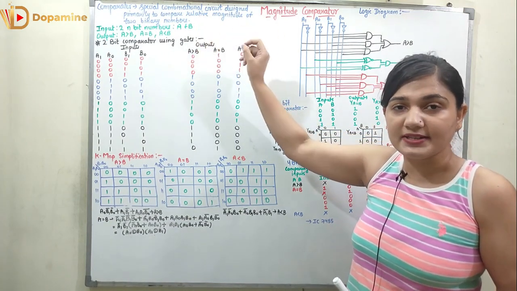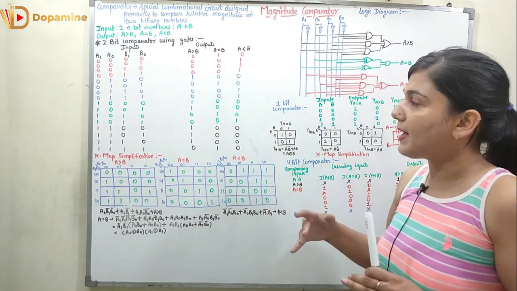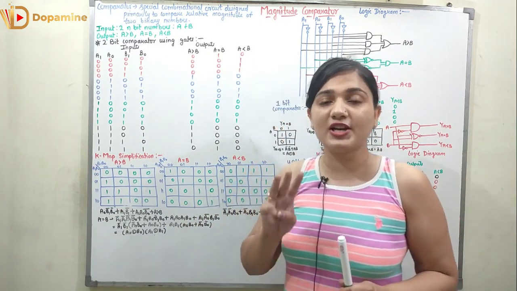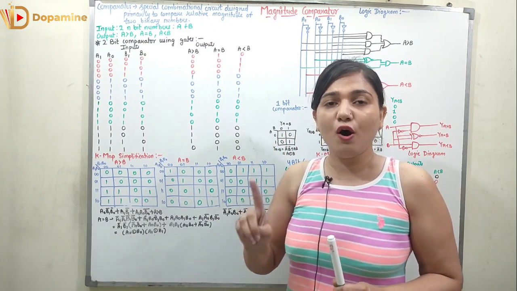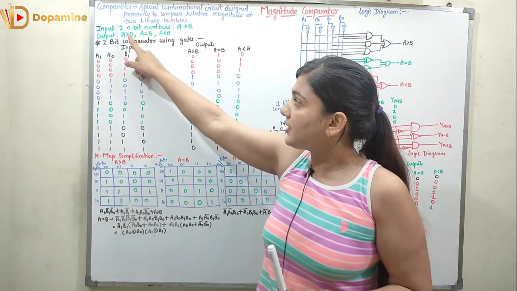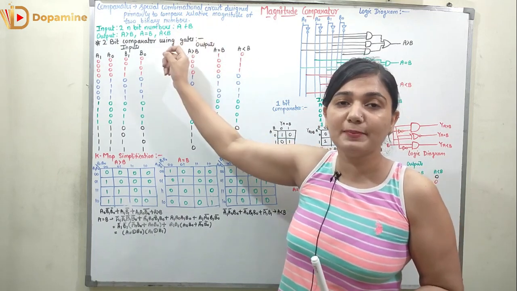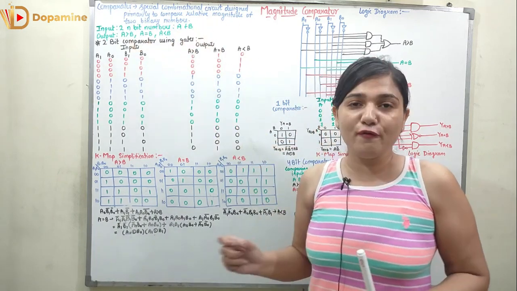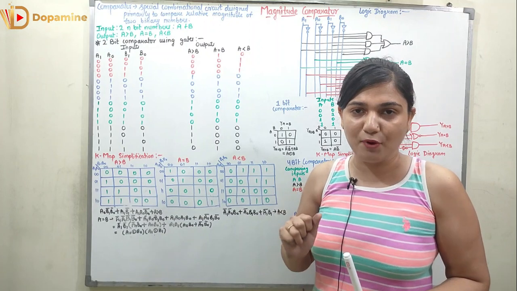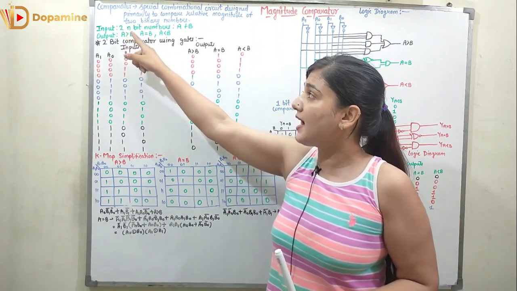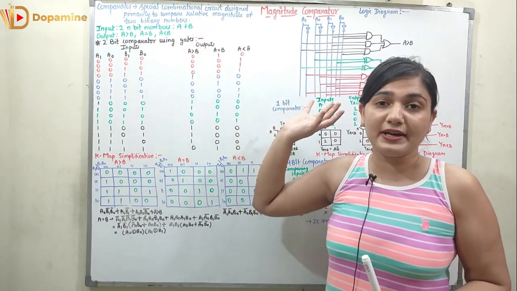So the inputs A and B have n bits, and could be anything. Two n-bit numbers are the input to the magnitude comparator, and what is the output? The output is just three conditions: either A is greater than B, or A is equal to B, or A is less than B. So we have three output pins, over which any one of them is high, which represents the given condition. Obviously, any one of them will be high at a single time. No two can be true at the same point of time. So if A greater than B is high, it means A is not equal to B and A is not less than B. A is only greater than B.